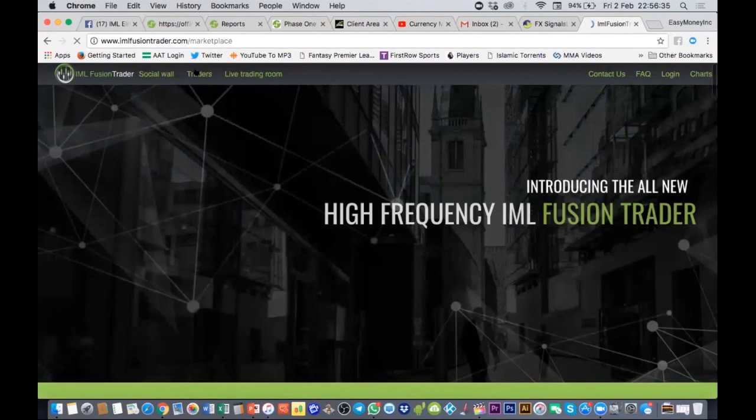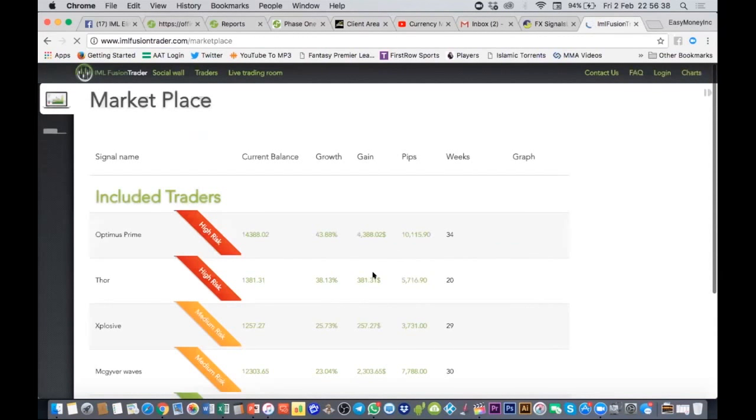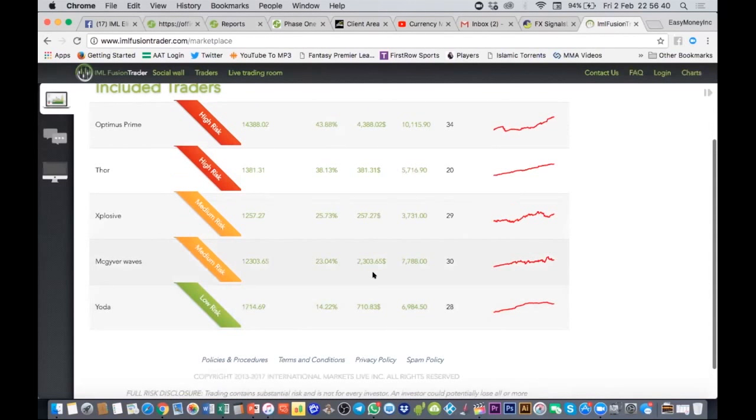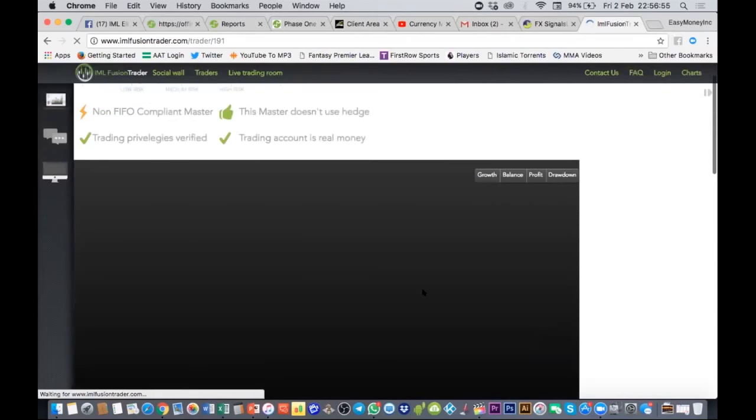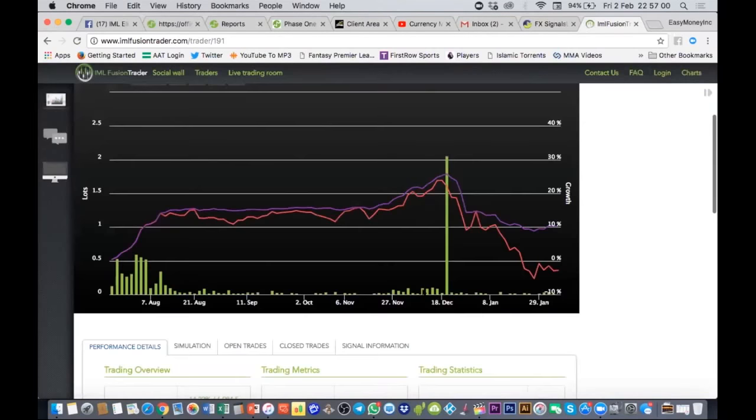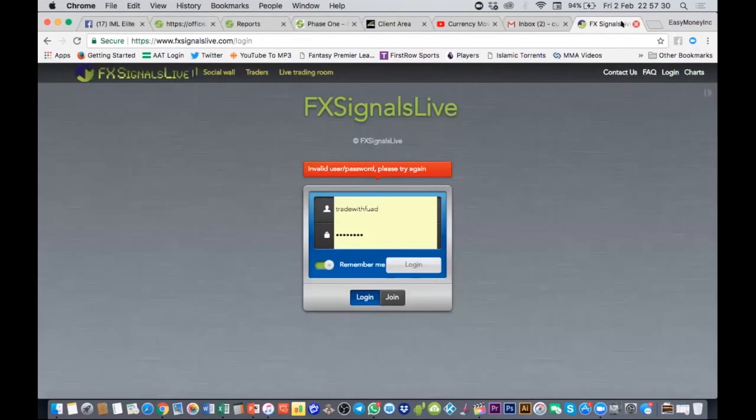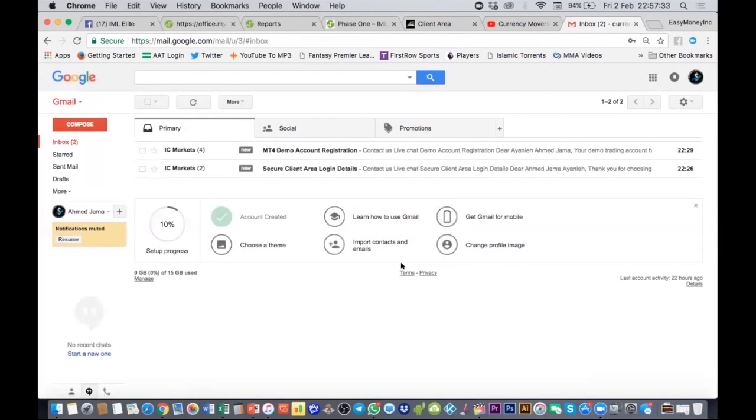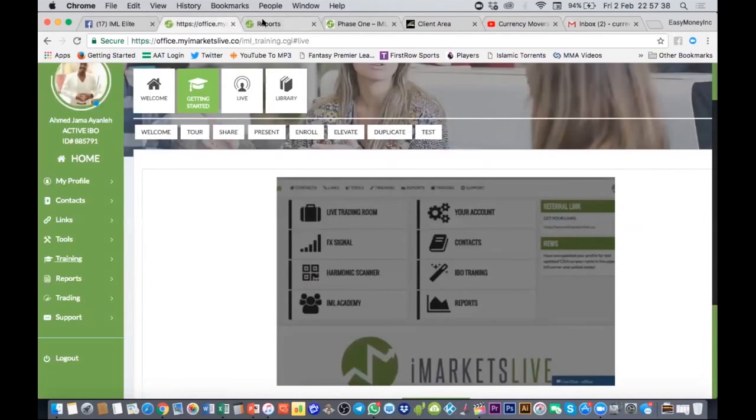Click on traders, find the relative trader that you like and that you want to connect with. And as you can see, these two are high risk, these two are medium risk, and Yoda is low risk. If you decided you want to use Yoda, which is low risk, you can click on Yoda, see his results, and connect with this account, okay? It's really, really that simple. Okay, that is how to connect with the automation side of things. The next step is basically